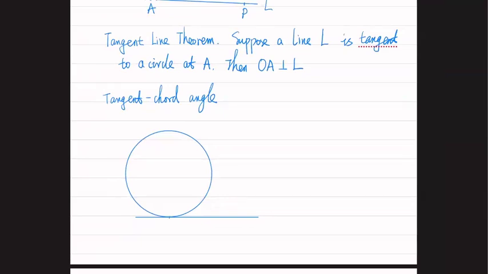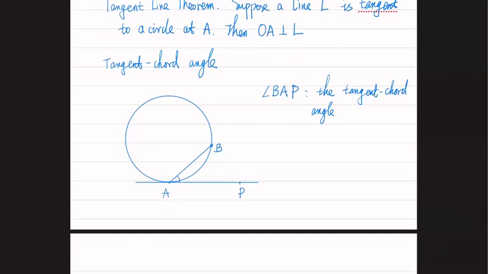We have tangent point A found on the line P and a chord B. We call this angle the tangent chord angle. And the Tangent-Chord Theorem